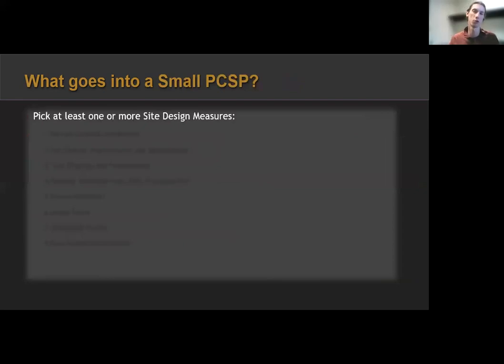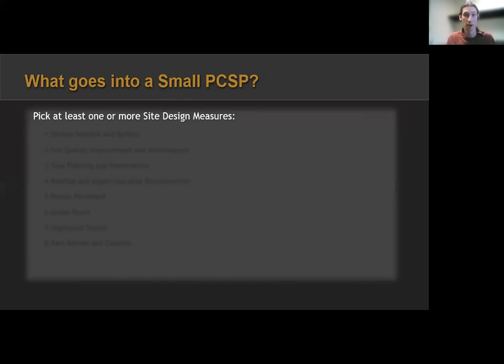So what goes into a small post-construction plan? Well, this is a 3-step process, and this is probably going to be the easiest one to talk about today. The one after this is a little bit heady, but first step here, pick one or more site design measures.